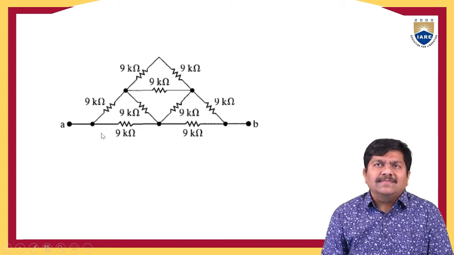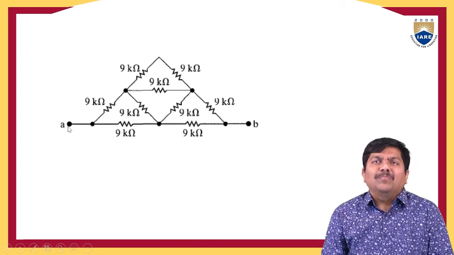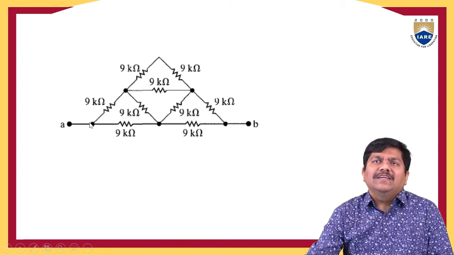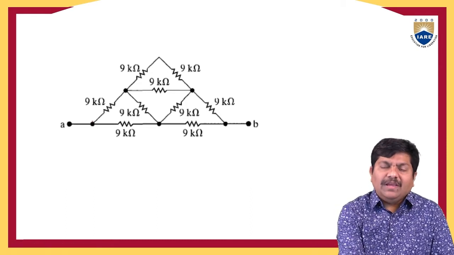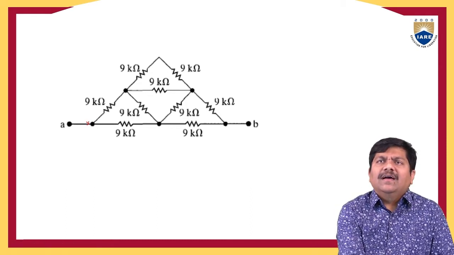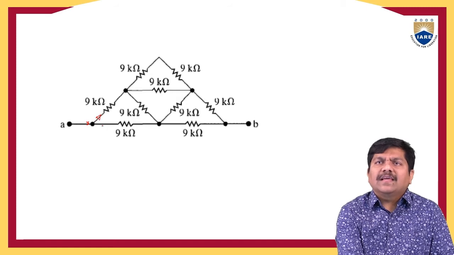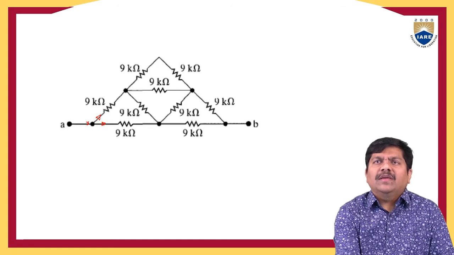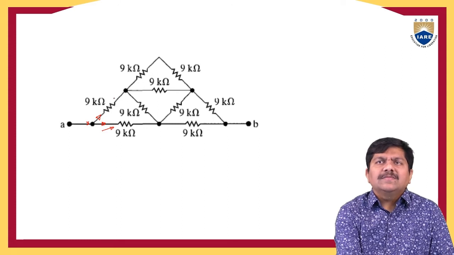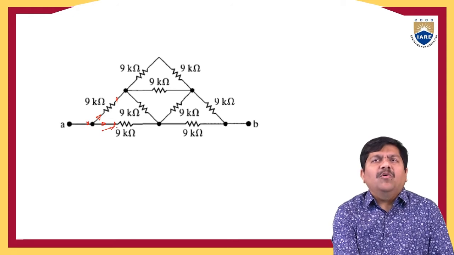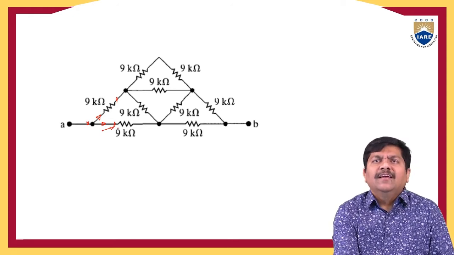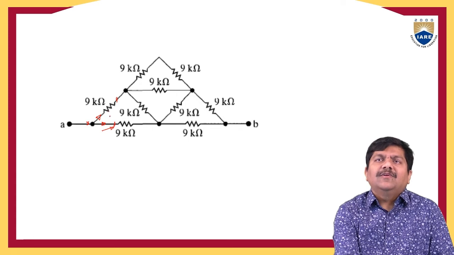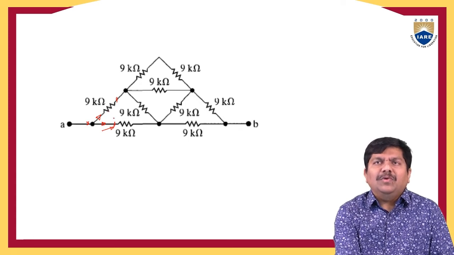Now, if the question arises, you have to start from point A. So, let us move from here to here, from A to B. Very good. Now, in this particular case, the current is divided into two sections. Some of the current flows in this direction and some in this direction. It means this branch and this branch are connected in parallel. We come to this conclusion because whenever the current divides, the two branches are said to be connected in parallel to each other.